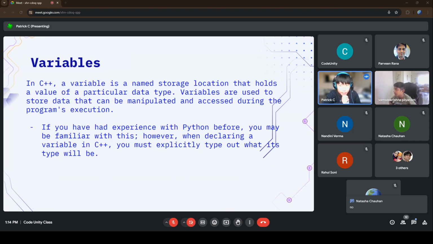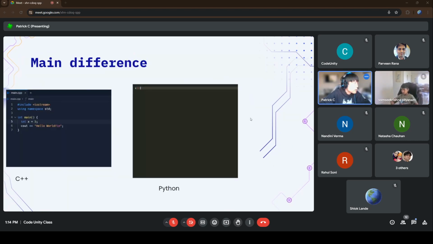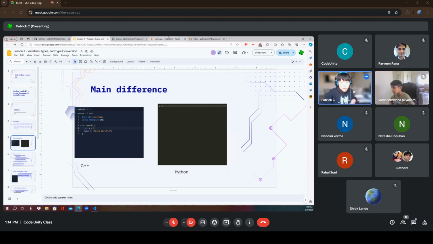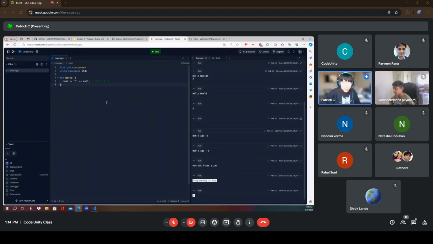That's fine. I just wanted to make a comparison because in Python, when you declare a variable, it's different from how you would do it in C++. So I can show just an example here. All right, so let's pretend this is Python. This is not Python, but let's just pretend it is.